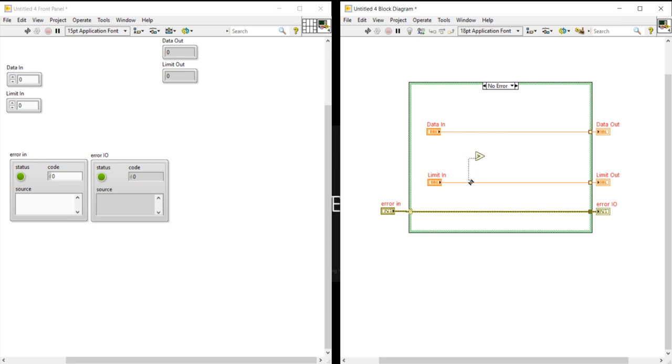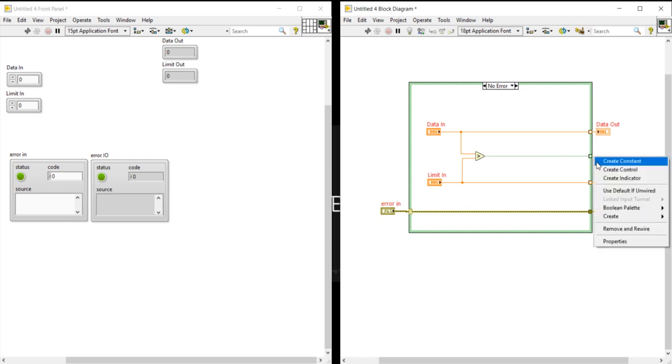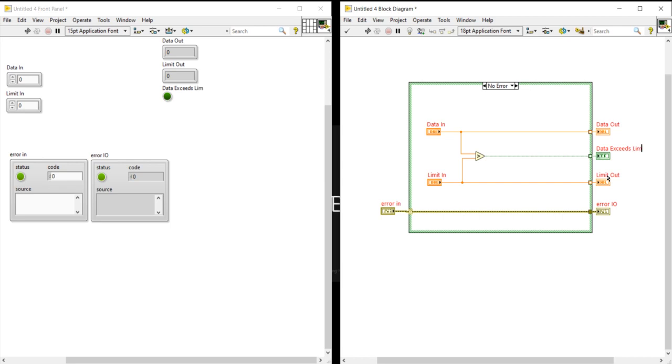Greater or equal to. Indicator, data exceed limit.